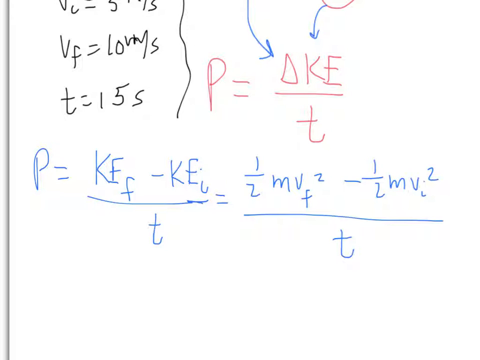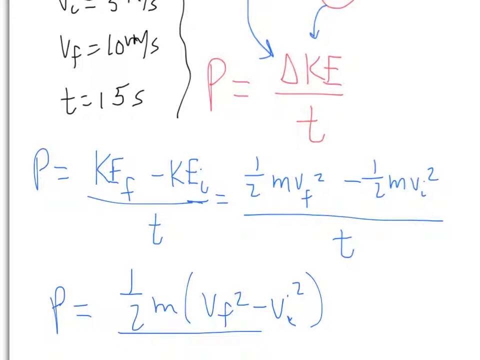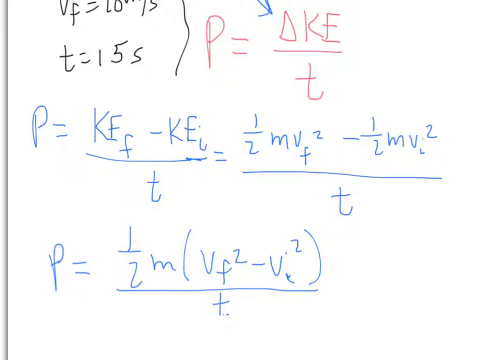So you can't cancel mass here. Be careful saying that. So we should just include it then, right? So it looks like this. Okay? That's what I was getting at. All over time. Again, you don't need to do that. You could have plugged in right here. You know all these numbers. You can plug in. Personally, I like things to be simplest in variables first before I plug in. This is simpler than this. That's why I factored out a 1/2 m.